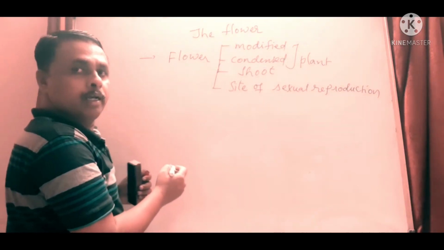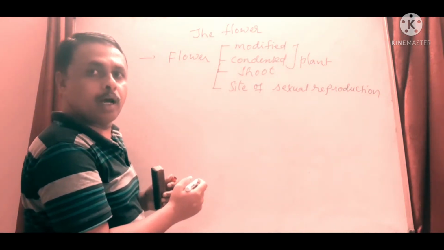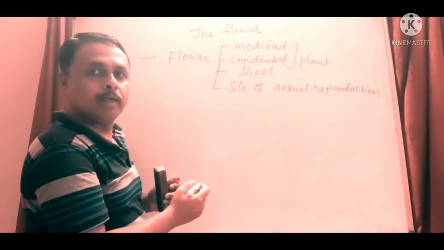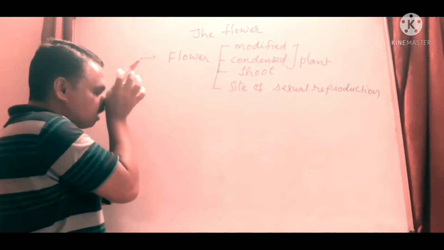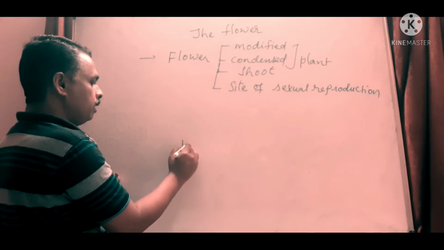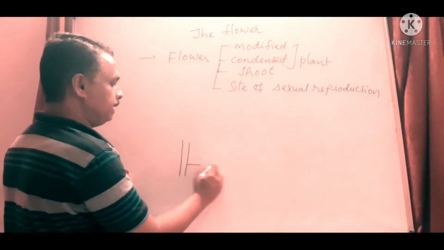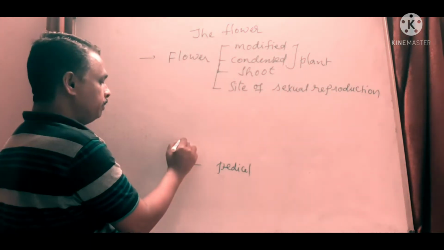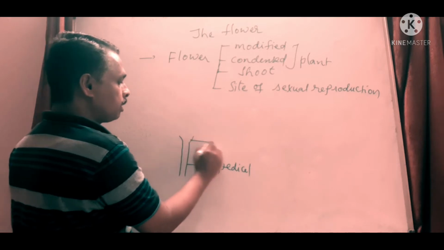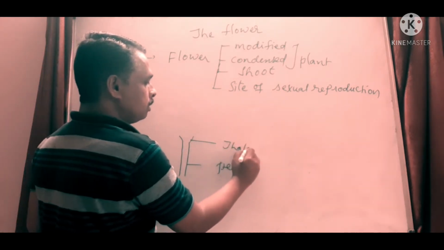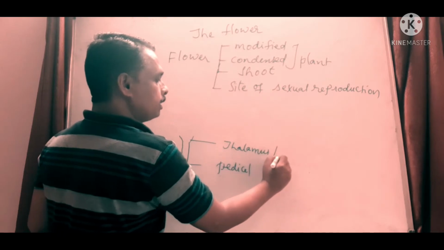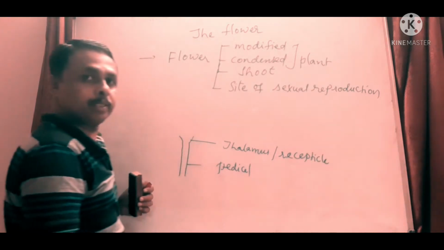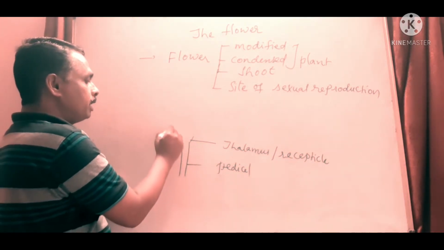Actually, the floral organs are raised from the thalamus of a flower. The stalk of the flower is called pedicel. The tip of the pedicel, just swollen, is called thalamus. Thalamus is the receptacle. Why is it called receptacle? Because the other floral organs